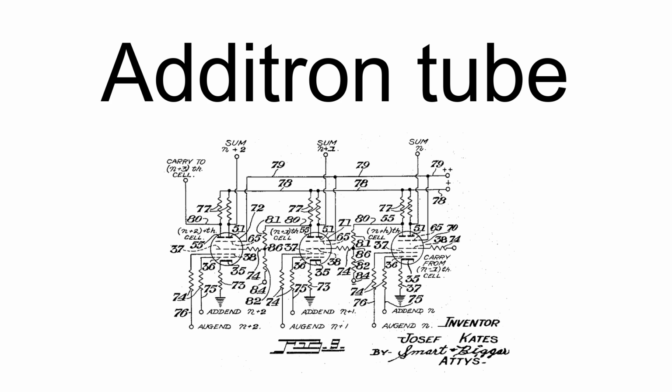Dr. Kates developed the Additron with the intention of increasing the likelihood of success and reliability while reducing the size, power consumption, and complexity of the University of Toronto Electronic Computer, UTEC. The Additron neither went into production at the Canadian Rogers Vacuum Tube Company, where the prototypes were built, nor was it used in the UTEC machine.